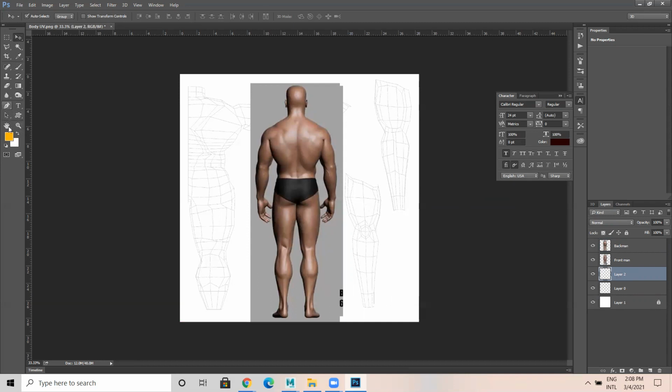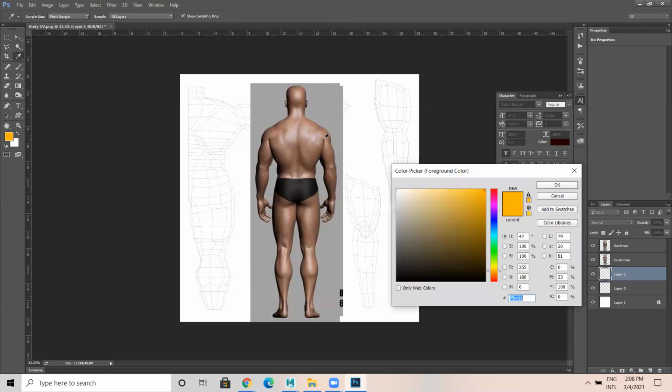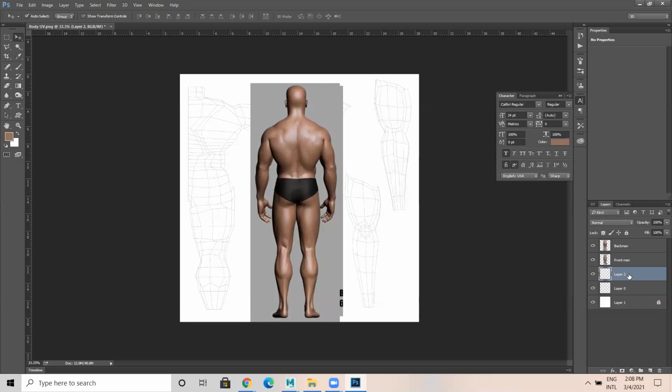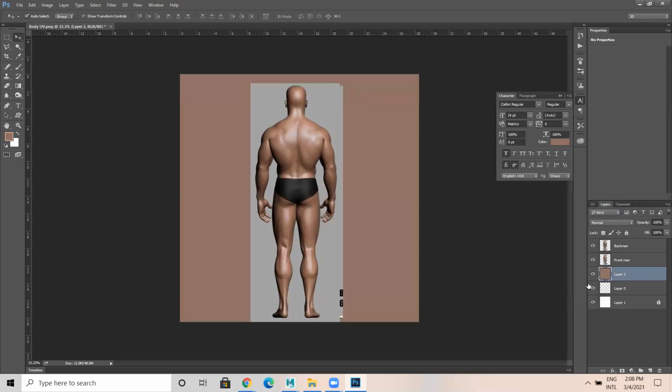So I'm going to pick one common color from this particular body. The common color is something like this. I give OK, enter. So now I applied this color everywhere.